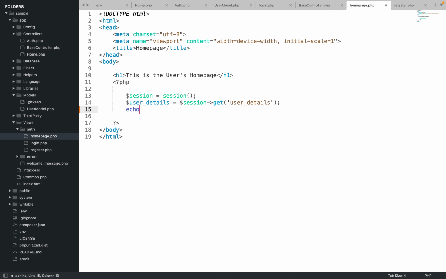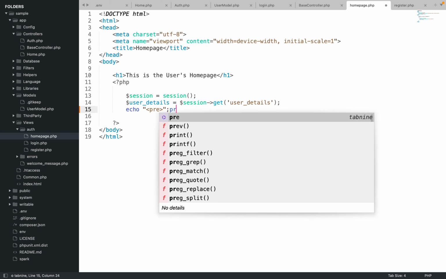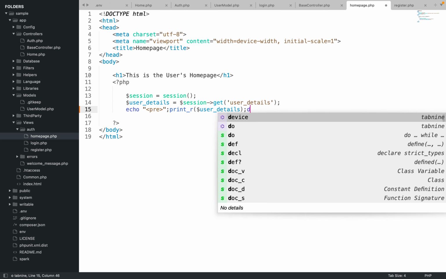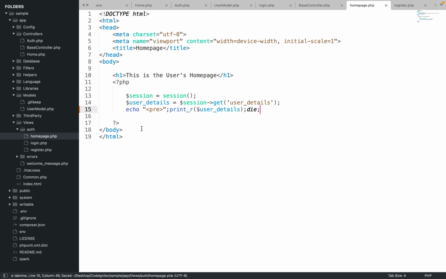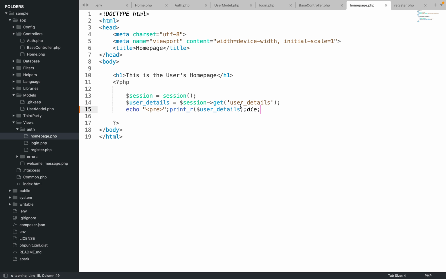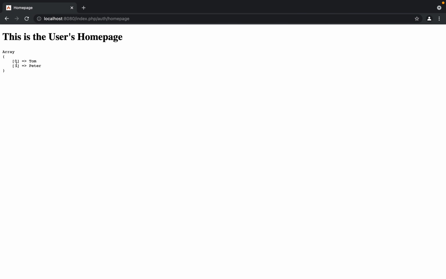So again, I'm going to echo just to see. It's always good to ensure that you're getting the data. And in this case, I'm going to show the user details and stop execution at that point. So if I reload this page, you can see that we have an array that has Tom and Peter. And now, because I have Tom and Peter, and you can see it's at index 0, index 1,